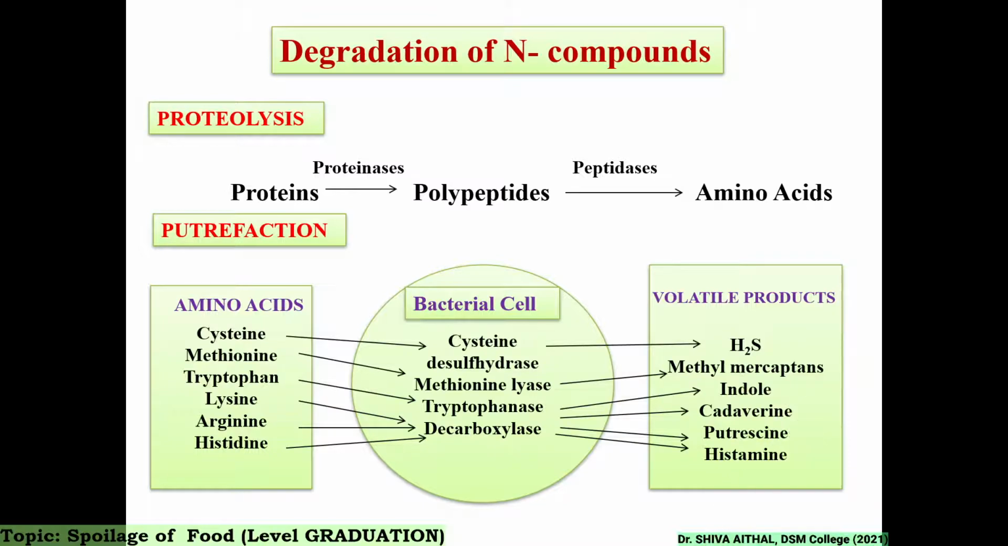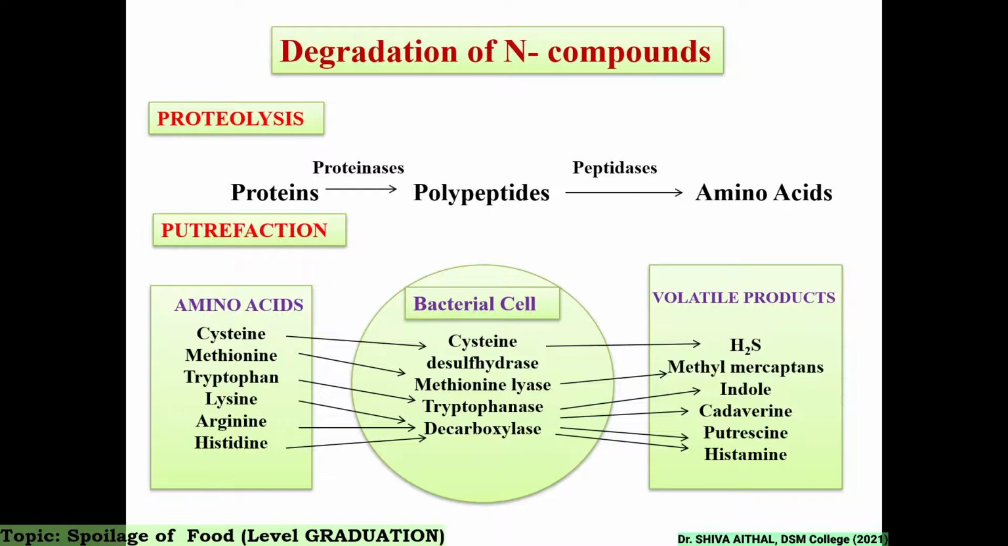Here you can see the degradation of nitrogenous compounds. Proteolysis is one reaction where proteins are acted upon by proteinases. Proteinase is a group which we call proteases, and polypeptides and amino acids are the resulting products. Proteins are acted upon by proteases, which results in polypeptides. Polypeptides are acted upon by peptidases, and the peptide bonds are broken, resulting in amino acids. This is called proteolysis, a reaction of a group of enzymes called protease,